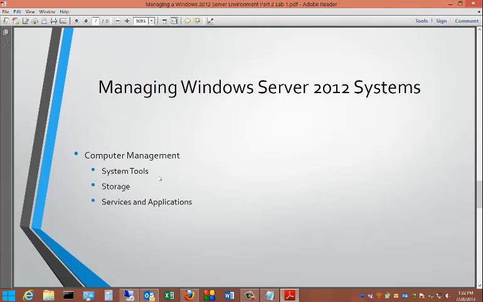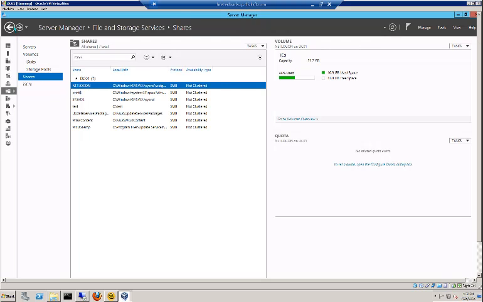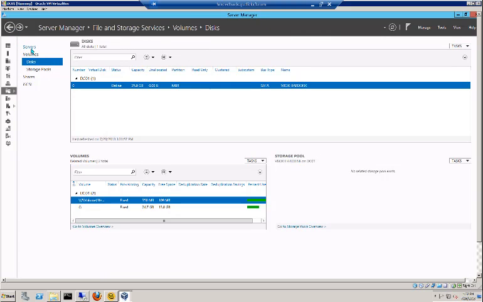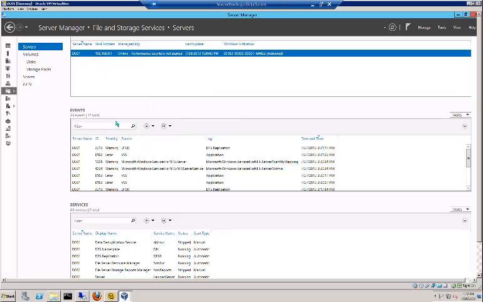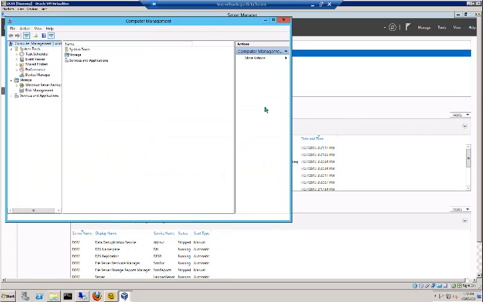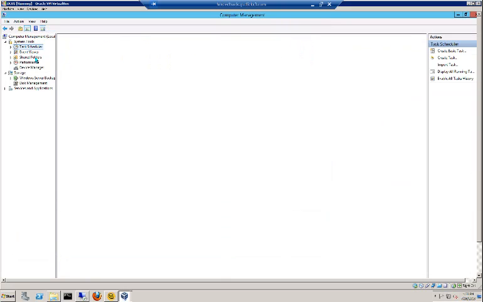Computer Management has system tools. It can also have a different look at storage, and it shows you services and applications. So you can get to Computer Management a couple of different ways. You can right-click on the server and choose Computer Management, or you can get it from the Start menu itself. So here is Computer Management, and you can see it has system tools such as the Task Scheduler, where you